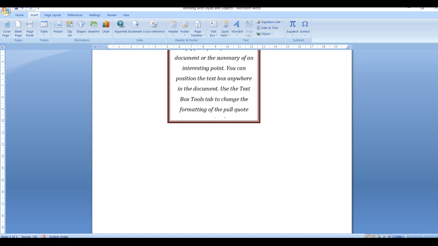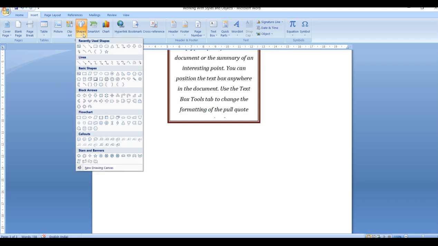So for working with shapes, you have to first learn how to insert the shapes, or what is a shape, what is the use of a shape. The shape is a drawing feature that helps you to draw different shapes like star, banners, callouts, connectors, etc. With the help of these shapes, you can draw attention and provide impact to your messages. Suppose you want to draw the attention of your audience.